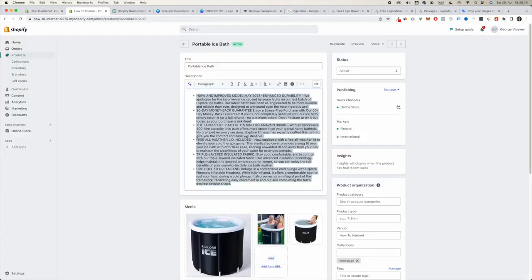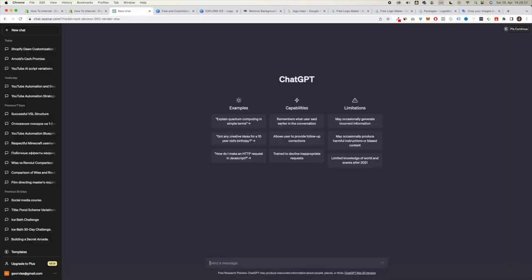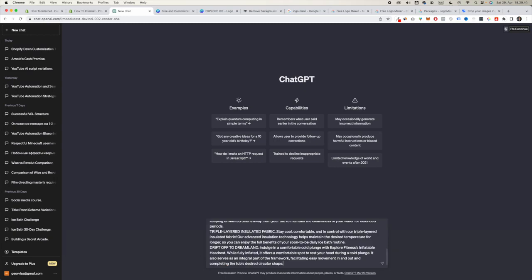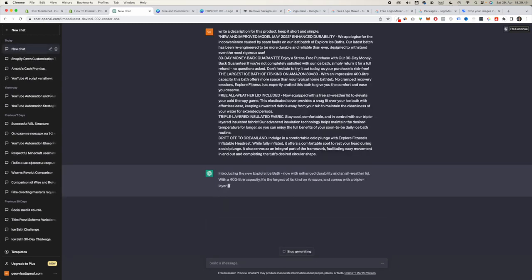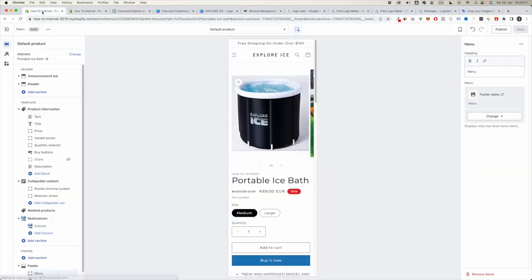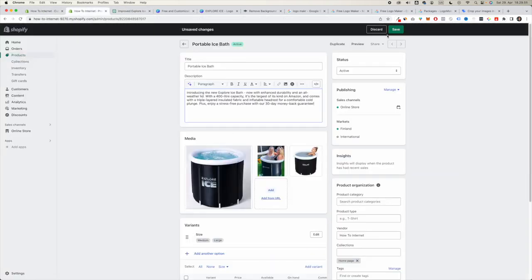Okay, another thing, I don't really like this description here. So what I'm gonna do is I'm just gonna copy it, go to ChatGPT, and I'm gonna say, write a description for this product. Keep it short and simple. And I'm gonna paste this in. Then it's gonna give us the description that we want. So it's pretty short and sweet. That's fine with me. I'm not selling this product, and I'm gonna just paste it in here,